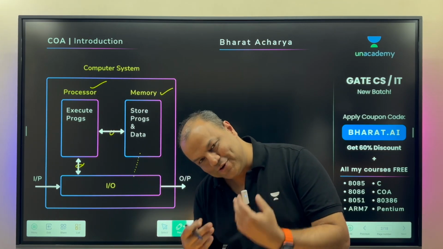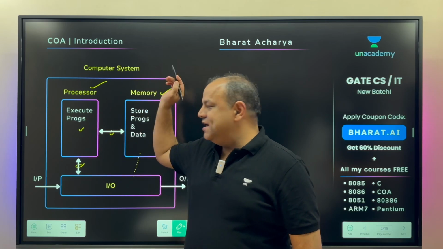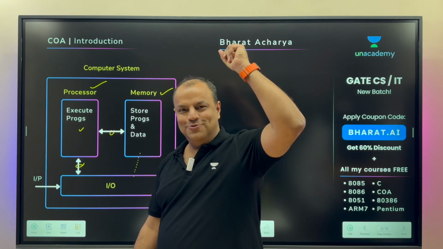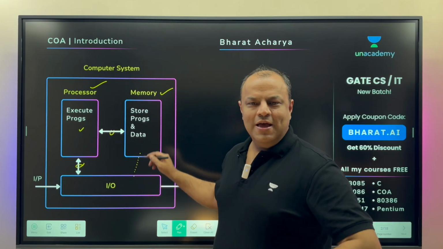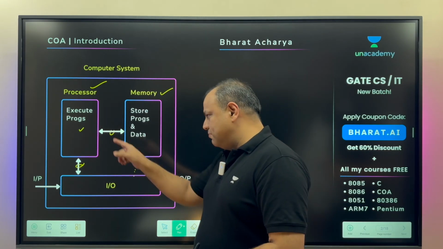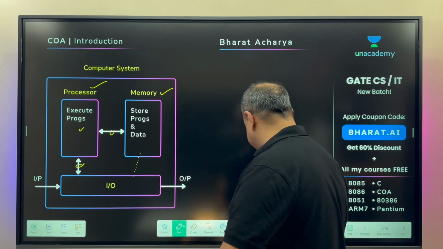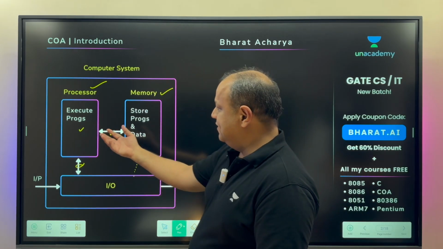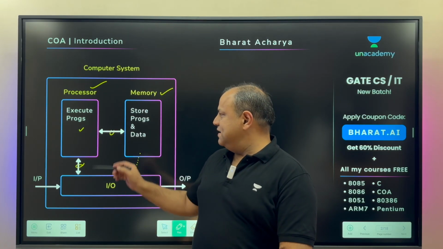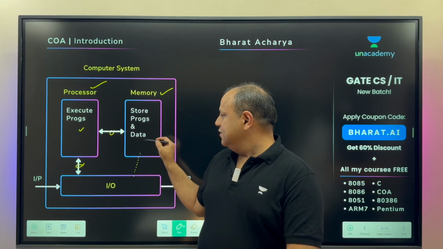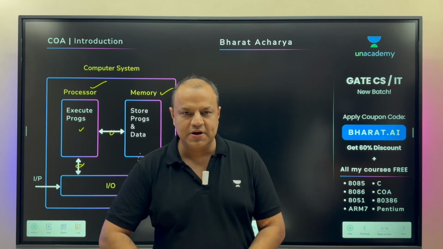That, of course, is also a process initiated by the processor. I will teach you when the time comes, but just wanted you to know what DMA is. It's the back door, the direct transfer between memory and I/O, but of course it still happens by a process started by the processor, by the microprocessor inside. Anyway, coming back, simply speaking, this is where the action takes place, this is where the storage happens, and this is the input and output section.